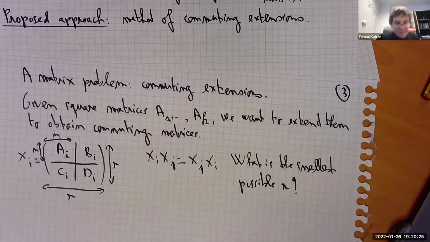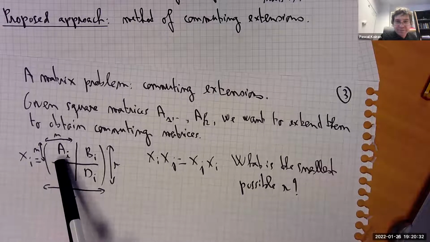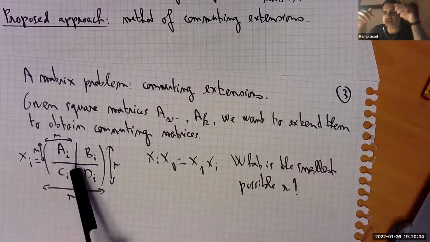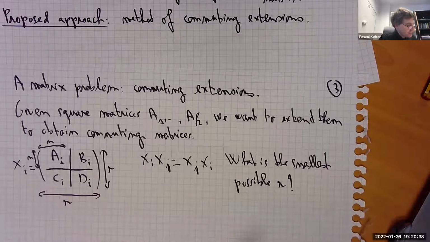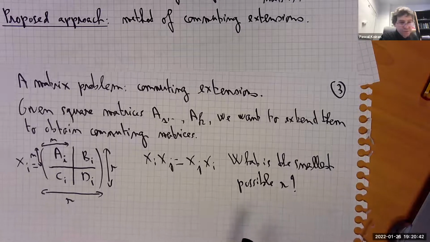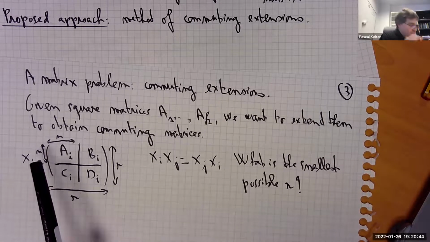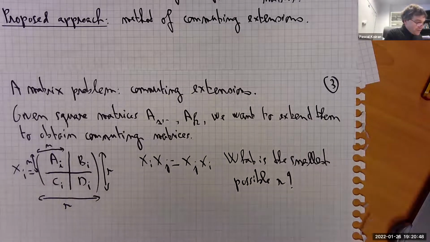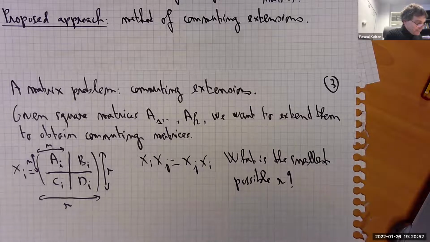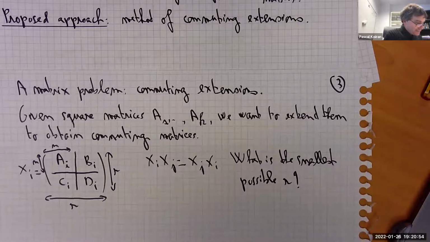Yeah, that's the way I define the problem. Yes. So you put A1 really in the top left corner, literally like this. Okay, so you're not allowed to shuffle the rows or columns. No, A1 is here in the top left corner, and the reason for this choice is basically that it has a connection to tensor rank, as I will explain.